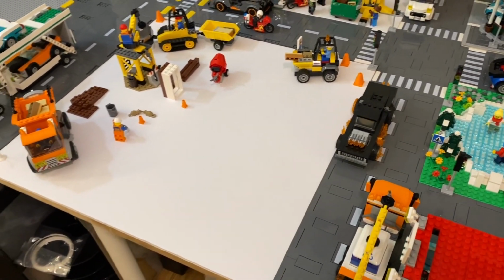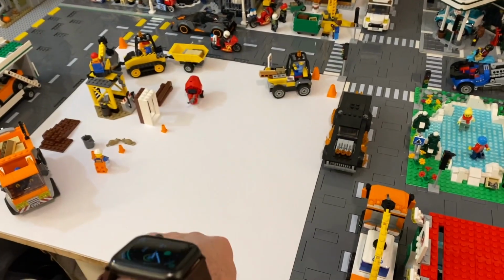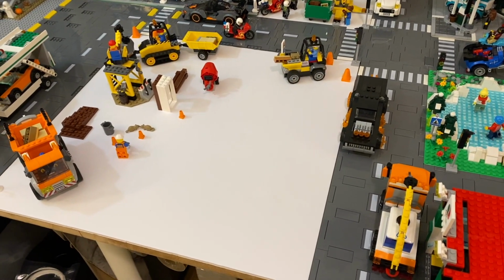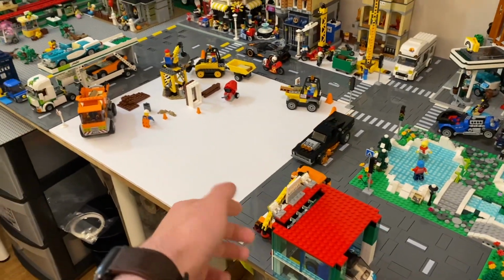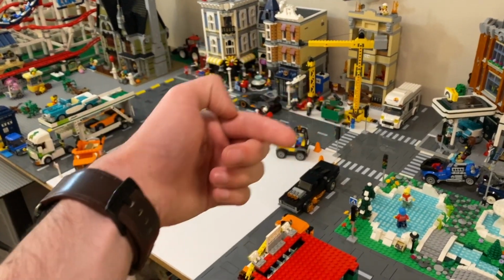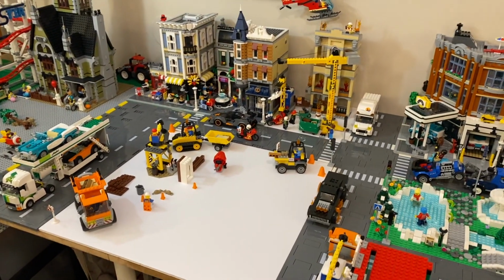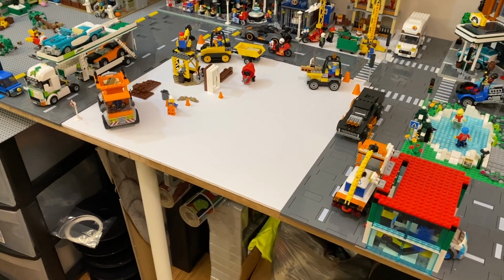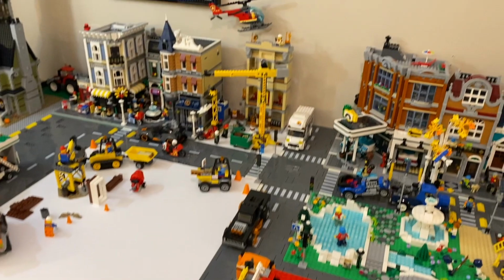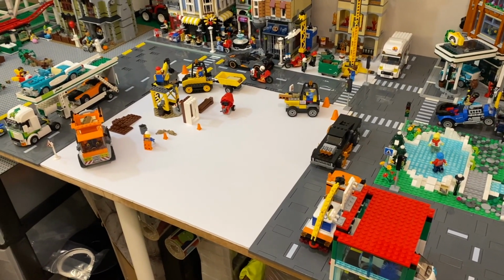As I've talked about in previous videos, this spot right here is the exact space needed for 4 modulars. It's 2 base plates by 2 base plates. So I'm going to put the Daily Bugle there, facing this direction, so right when you walk in the room, you'll be able to see it. I'm pretty happy with this. I might change it up a bit when the actual building is here on the street. I might move the construction site back next to it. I have no idea, but it is the morning of